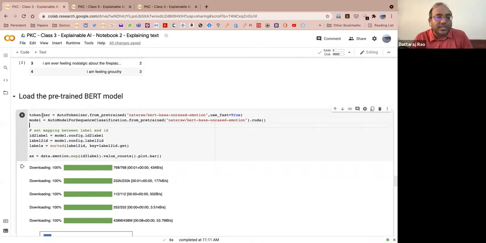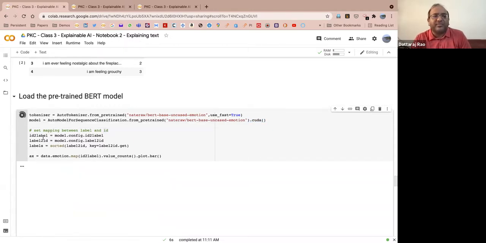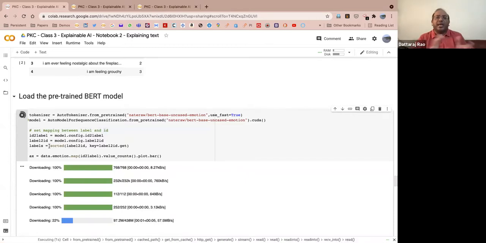So what I'm doing is creating a tokenizer and loading the model. Because I'm on Google Colab, I'm using a GPU, so I give this .cuda invocation. And I'm just defining some functions which will take the label and convert it into an ID. So the next thing I'm doing is taking my emotion map,